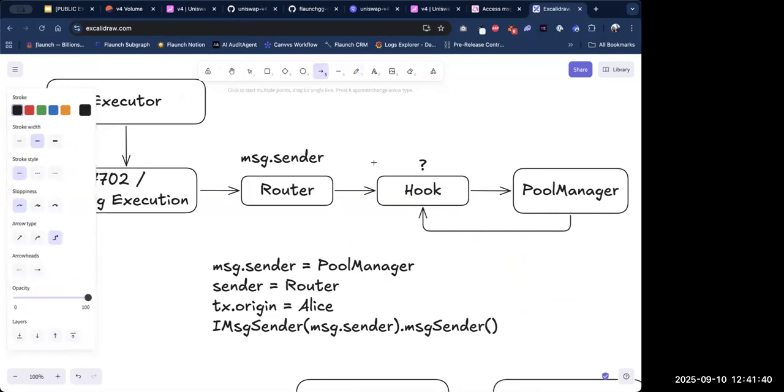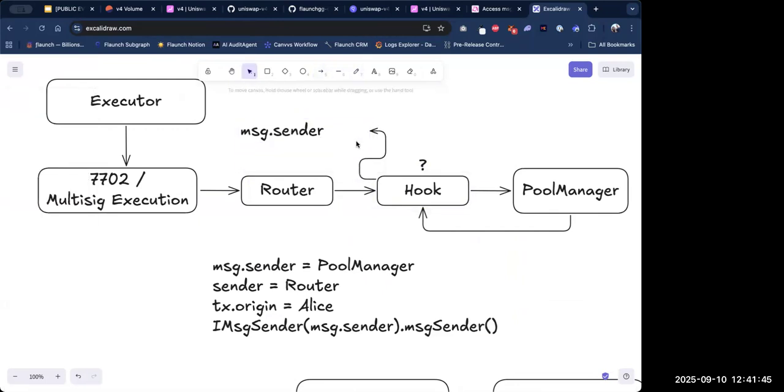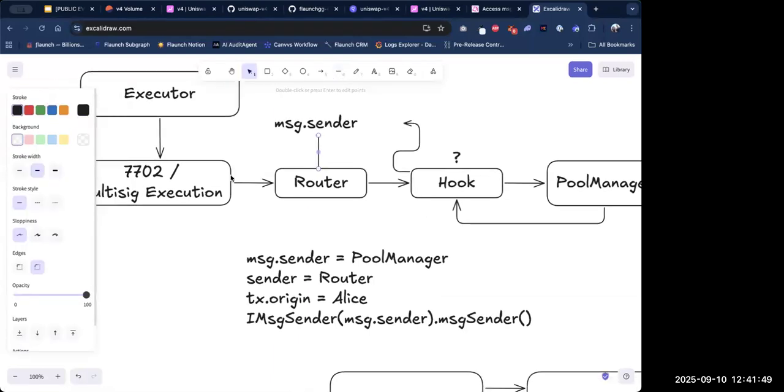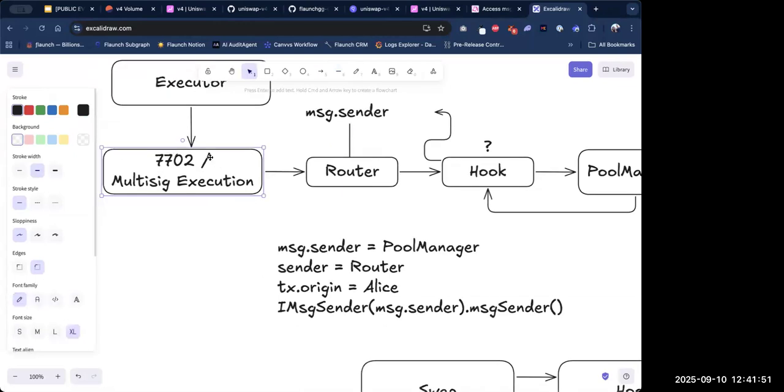So we make a call to that text and find out the message sender belonging to the router,